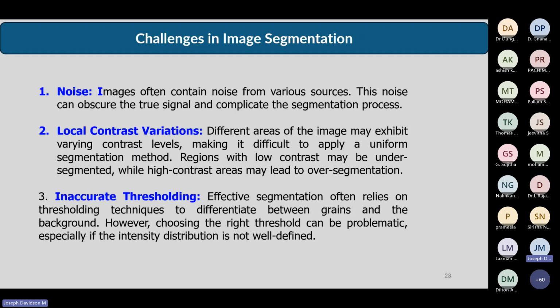As I told earlier, the challenge in image segmentation is that images normally have a lot of noise. So what is noise? Anything which is not desirable in that particular image, we call noise, such as a segmented boundary, or a very dull image. All these things are considered noise. And we will also have some contrast variations. What is this contrast variation actually? Some parts will be brighter and some will be dull. But when I compare my image, the grain should be brighter and the background should be darker, so that I can easily identify what is grain and what is not a grain.